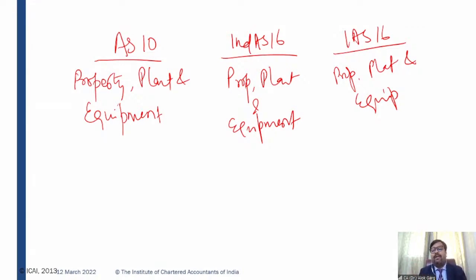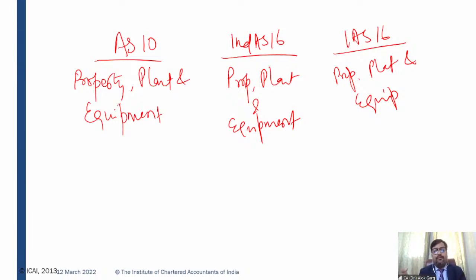What is meant by property, plant and equipment? Property, plant and equipment is like fixed assets, like tangible assets. When you read the asset-based standards, you will have multiple assets, like inventories, for which there is a separate standard. A tangible asset is what you will read in Ind AS 16. It could be intangible assets, which you will read in Ind AS 38. There could be biological assets under the agriculture standard, an investment property, or a non-current asset held for sale. There could be an investment property under Ind AS 40. So there could be multiple assets. Now we need to understand what is meant by property, plant and equipment.